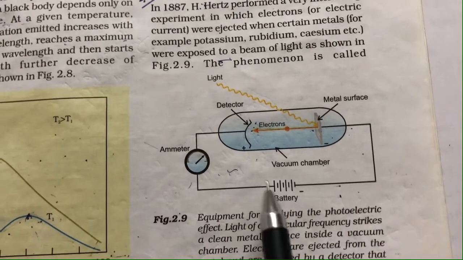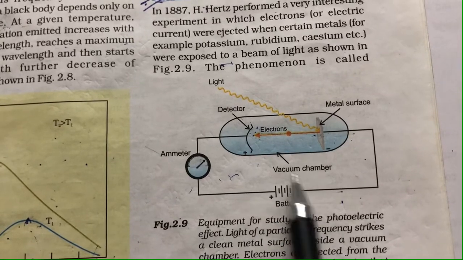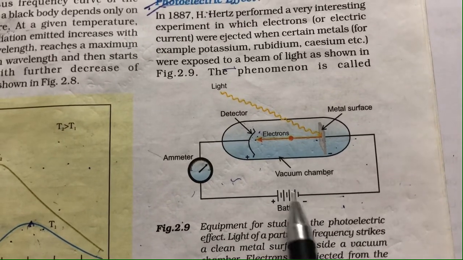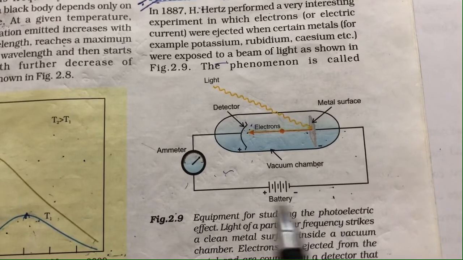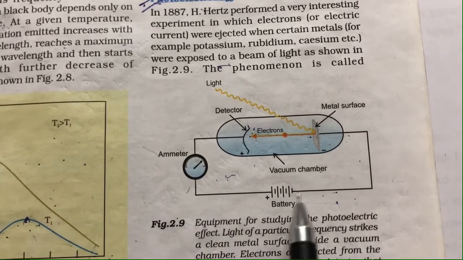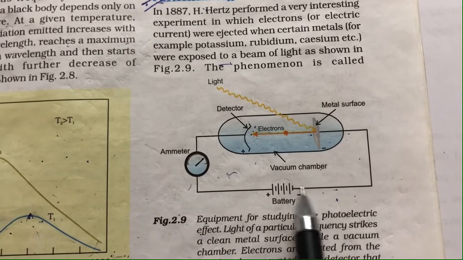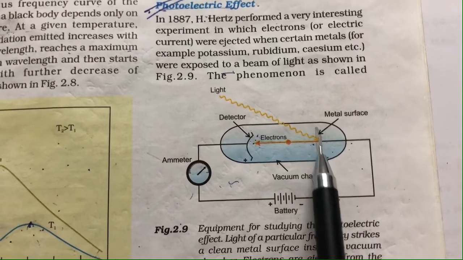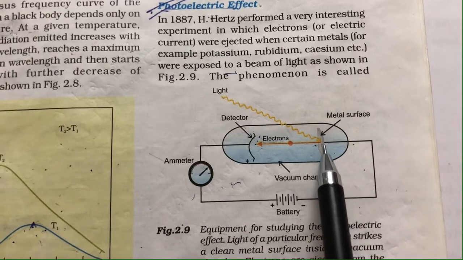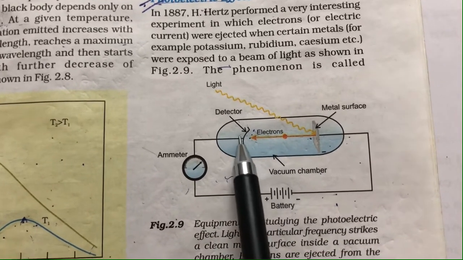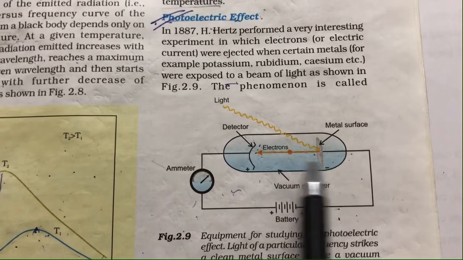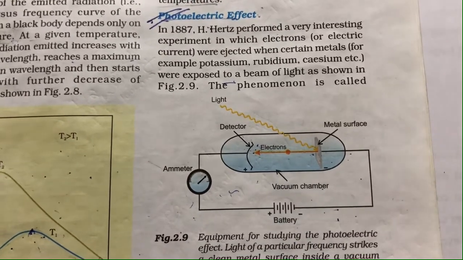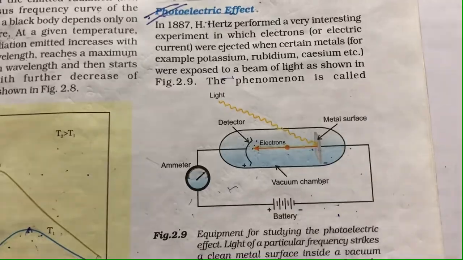Clear? Because as you can see, we have also used a source of current: this is the negative terminal of the battery and this is the positive terminal, which is connected to the ammeter, and the negative terminal is connected to the metal surface. And again from here the emission of electrons is completing the circuit, or is responsible for the flow of electric current. Clear? And this phenomenon is called the photoelectric effect,